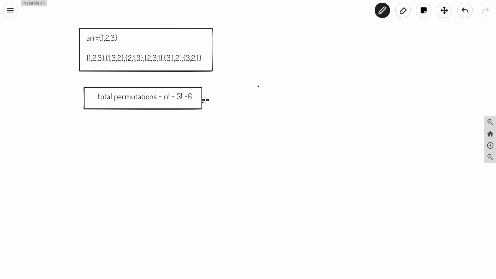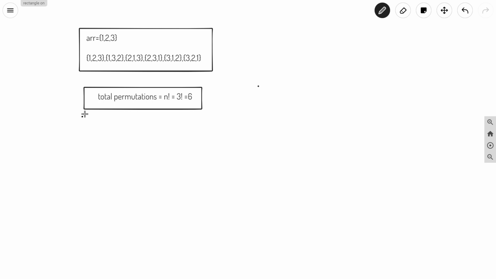So there are a total of 6 permutations for this array, and these 6 permutations are 1 2 3, 1 3 2, 2 1 3, 2 3 1, 3 1 2, and 3 2 1. So we have to return all the 6 permutations by doing some sort of coding.